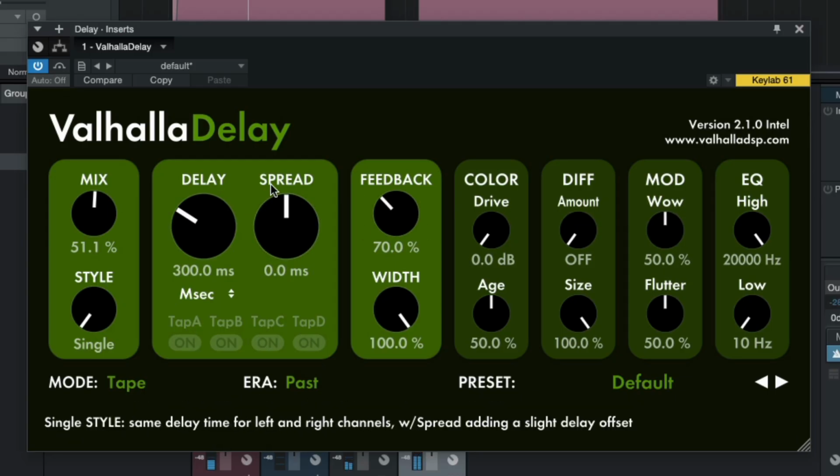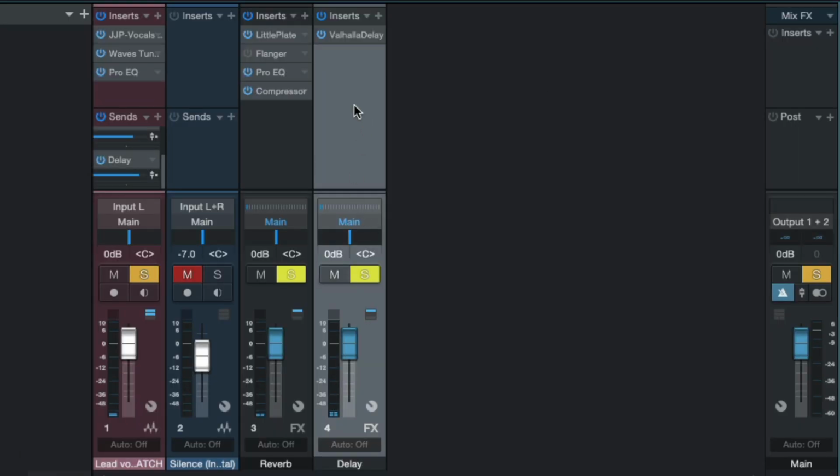So there's no reason to have more of the dry signal that's already in the lead vocal track to begin with. So mix at 100% every time when it's on a return track. And then as you can see,